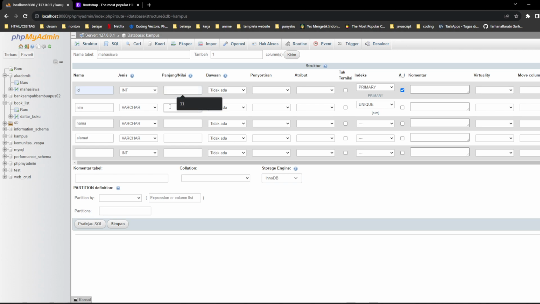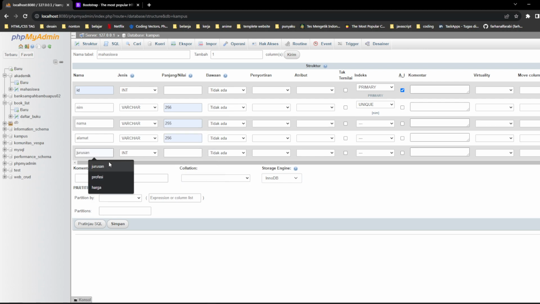For name maybe you can make it 256, and this is also the same.